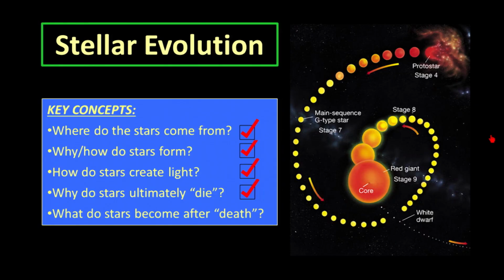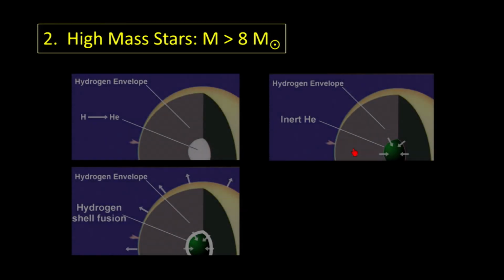If you recall from the previous videos, when it comes to the process of stellar birth and stellar life and how stars die, the whole process is driven by gravity, and of course, gravity is determined by mass. So we've already talked about what the lowest mass stars in our universe will do when they die, and we've just concluded with what the intermediate mass stars will do. And in this video, we're going to talk about the highest mass stars and what they go through as they end their existence. So let's go ahead and get started.